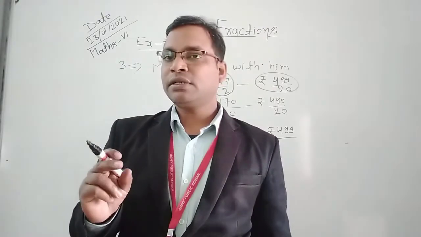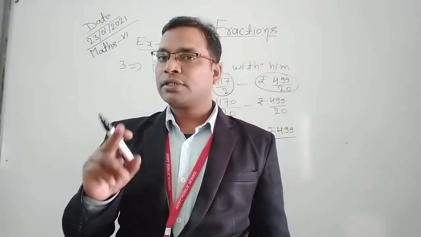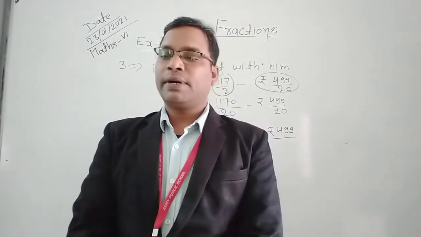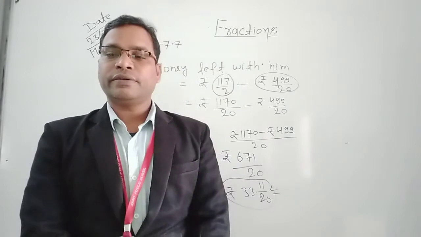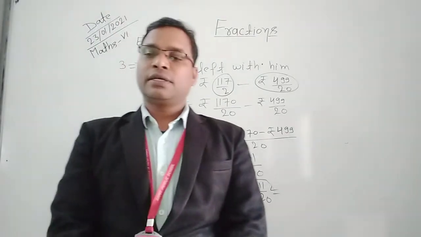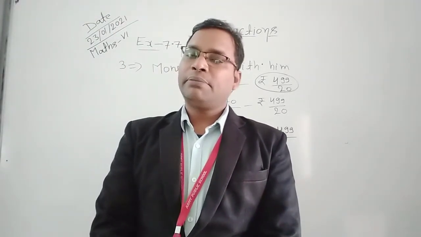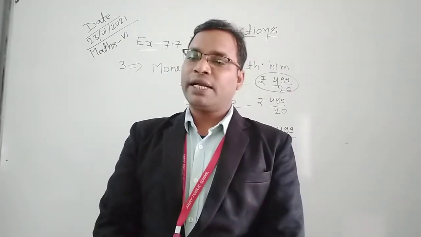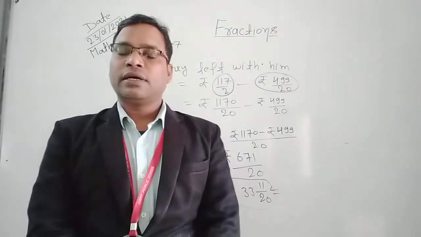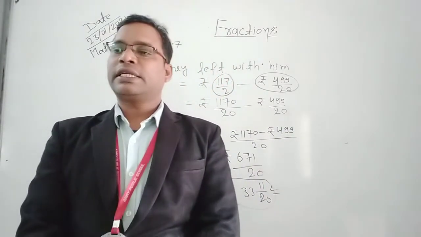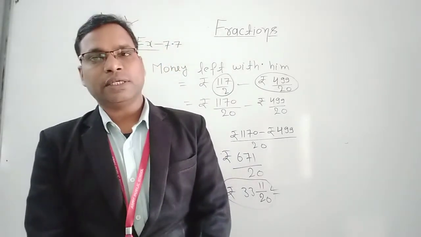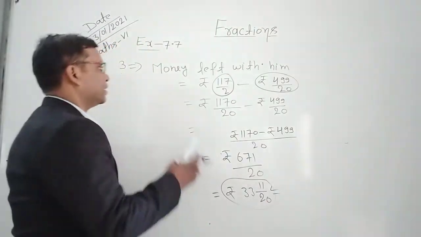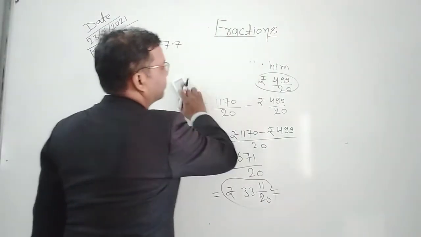For this, we write both with the same denominators. So if we multiply both by 4, then we get the same denominators. After this we compare them, and we find that Rahul takes less time to walk across the school ground. Let's see how to solve this question. First we arrange, then we solve this question.